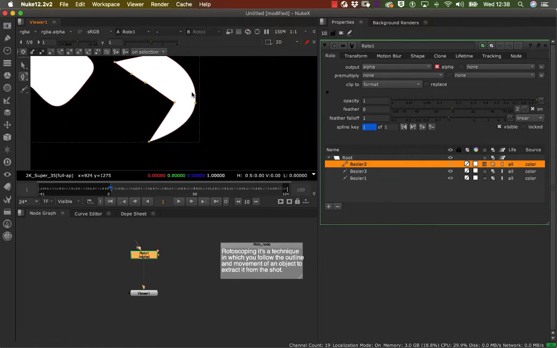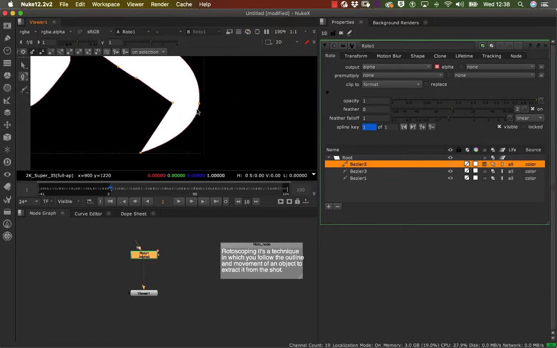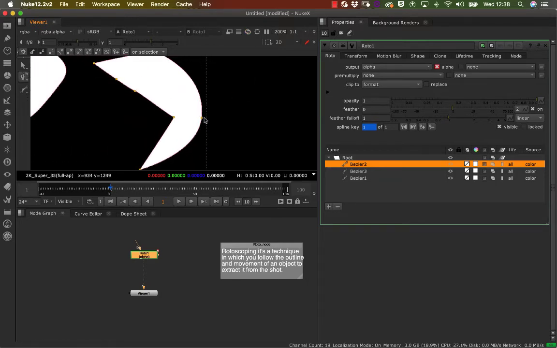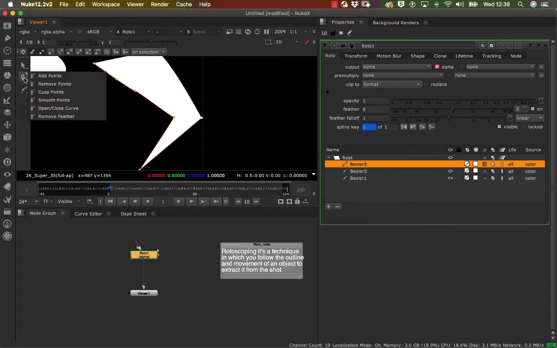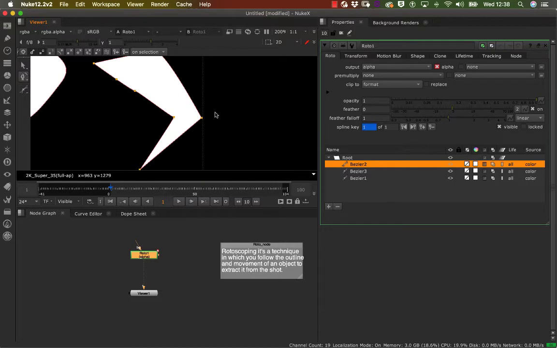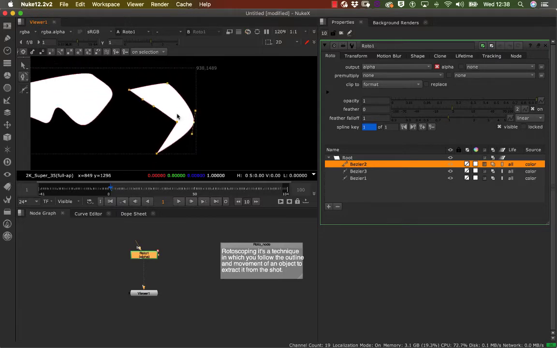So basically between these two, because it's quite smooth there, what I can do is simply click on here, and that will be my hard edge cusp there. Then smooth again, either you can press Z or you can just simply click on that same principle. If I just move that in,